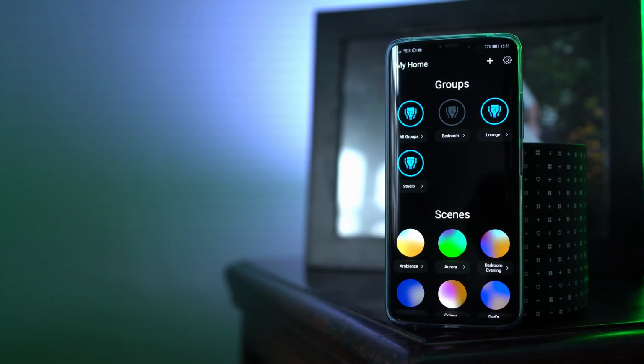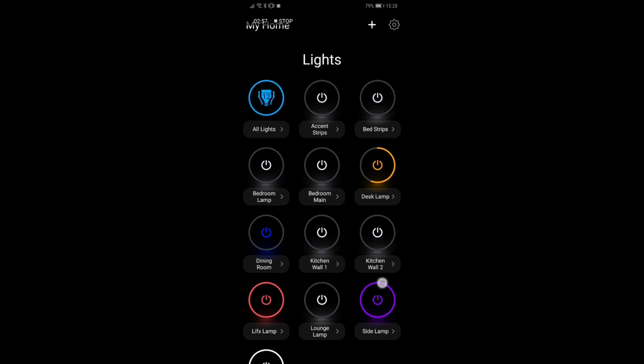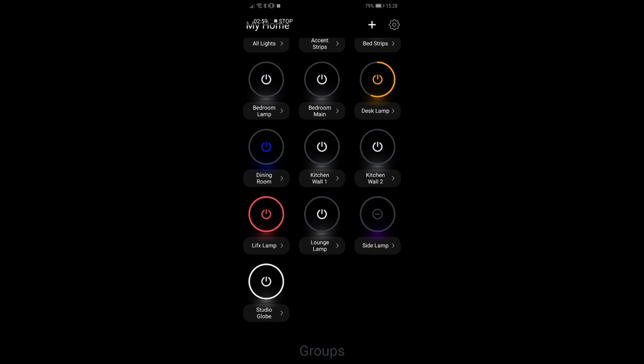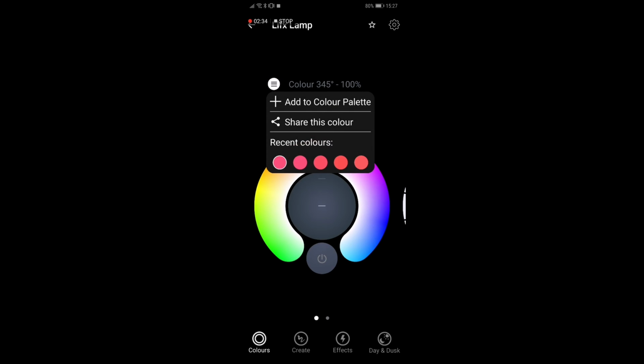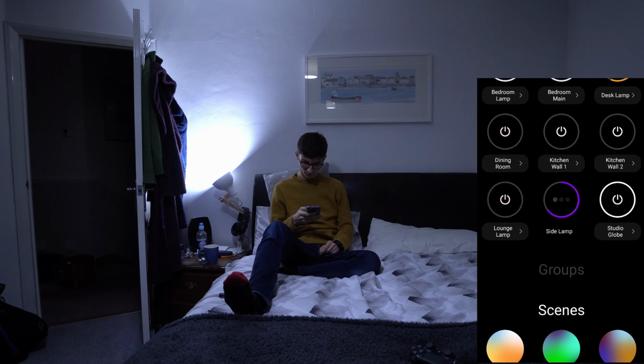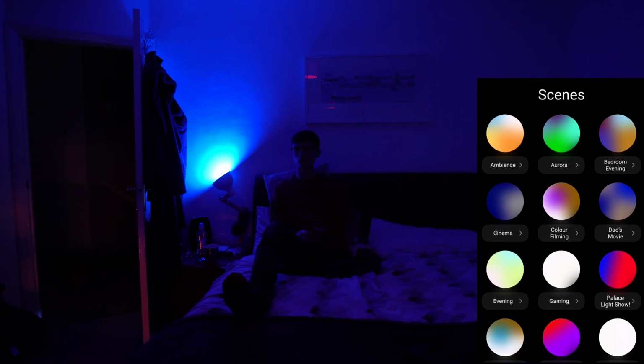I've been using LIFX the longest of the two, and I'd say that it is my favourite app, as it's very cleanly designed and incredibly simple to use. Each of the lights are split into groups, and you can fold away the categories for quicker access to the settings you frequently use. Scenes come in presets, but you can make your own and then save the colour and brightnesses for different lights and different rooms, and this is incredibly useful for creating a gaming zone or a cinema